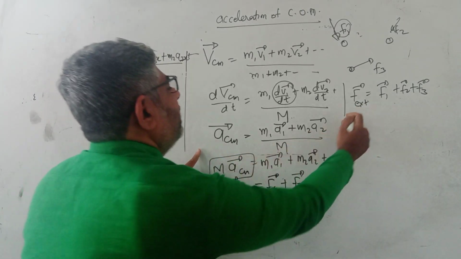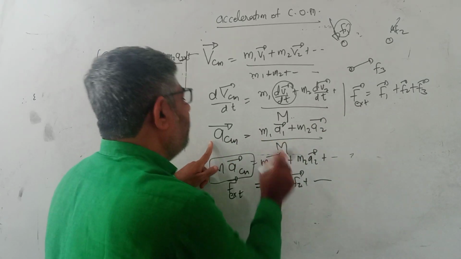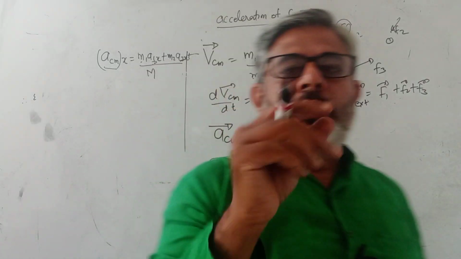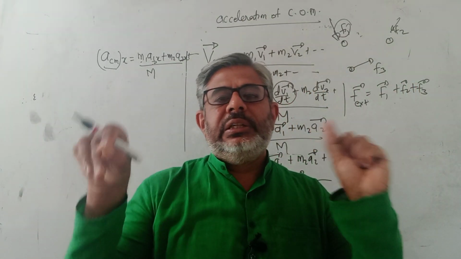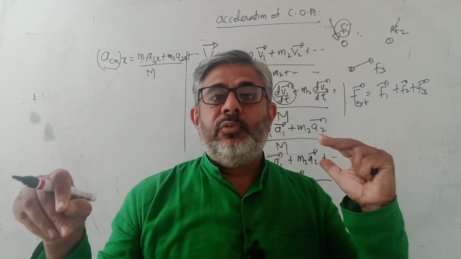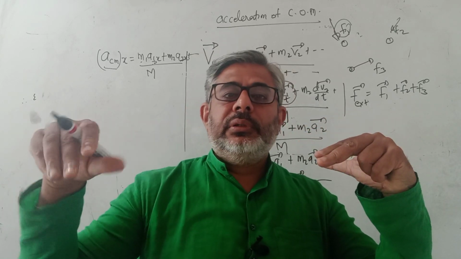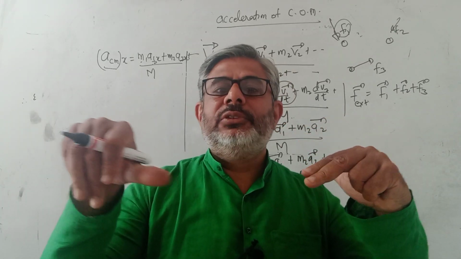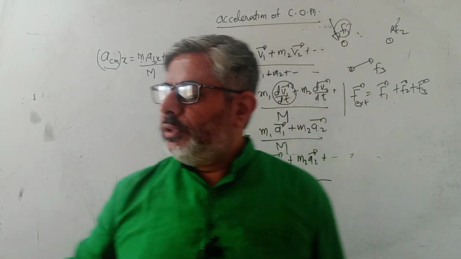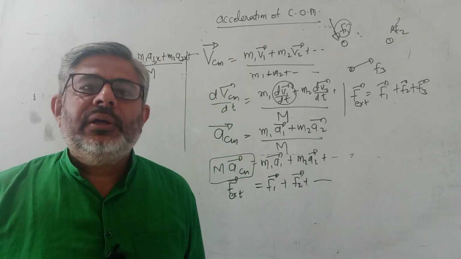So then if I divide by mass, again what is left on the left hand side is ACM, and this will again become m1a1 plus m2a2 upon the total mass. So you can see what are the accelerations of these individual particles, keeping track of the signs once again. Like if this acceleration is +2 and this acceleration is in this direction, that is -2, then you should put proper signs. So with this, I finish off this particular topic of the motion of the center of mass.